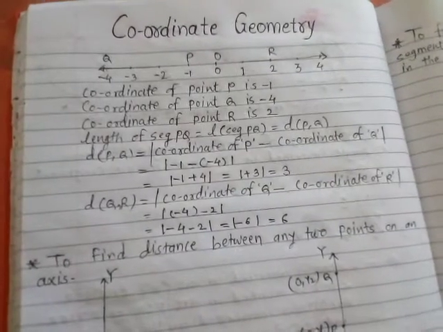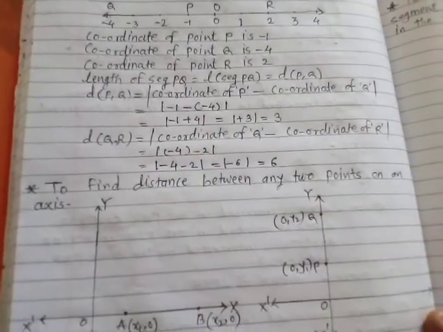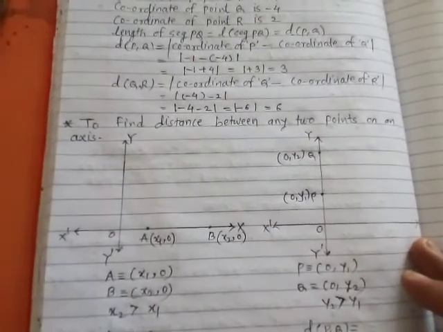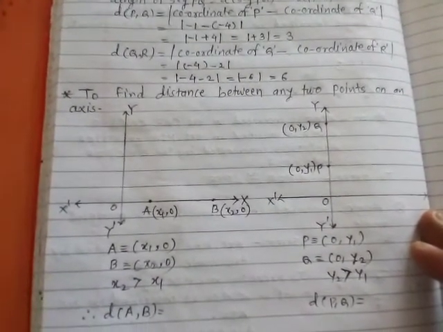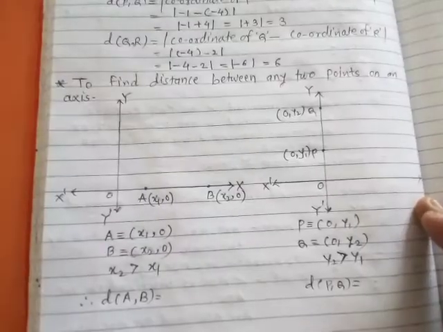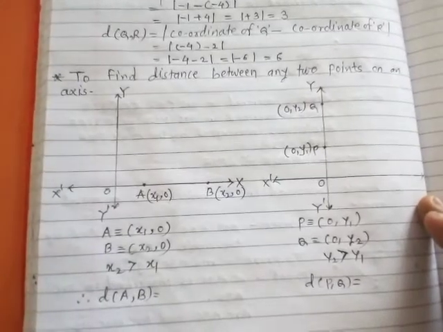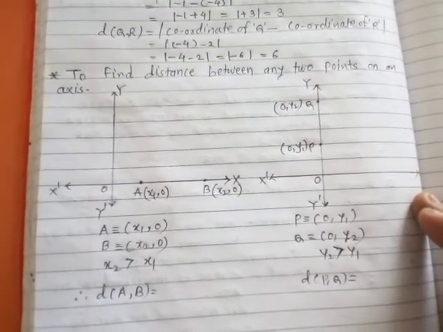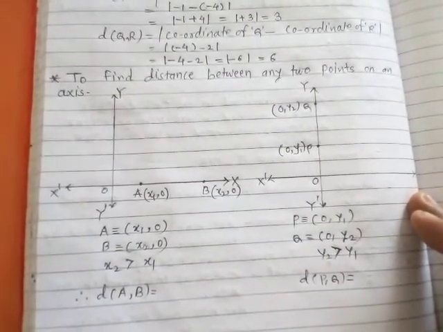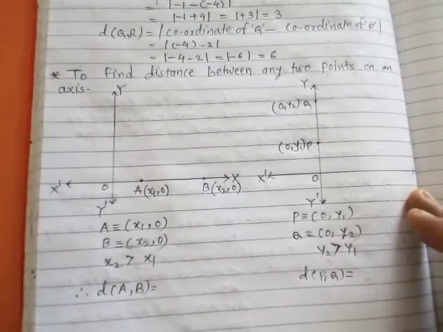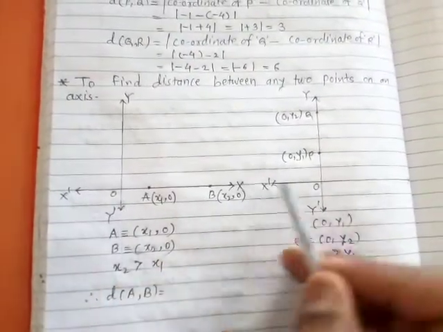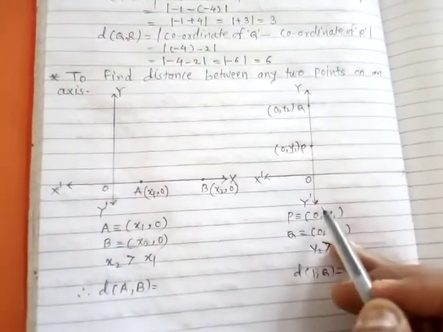Suppose these numbers are given in an xy plane, then how will we calculate the distance between two points in a given xy plane? Firstly, we consider finding the distance between two points on an axis. Using this same concept, we can find the distance between two points on the same axis in the xy plane, that means in two dimensions. Now here we consider the x and y axes.